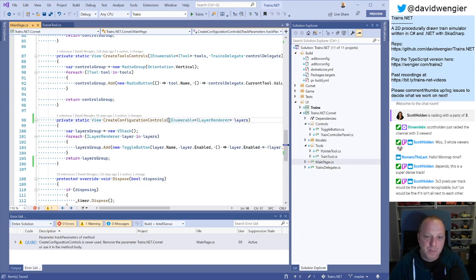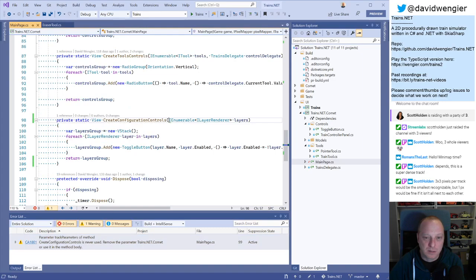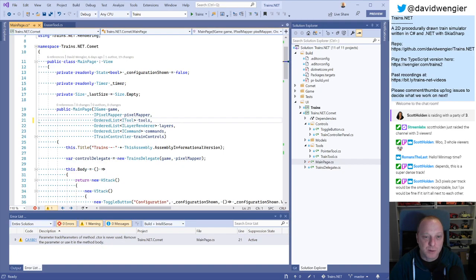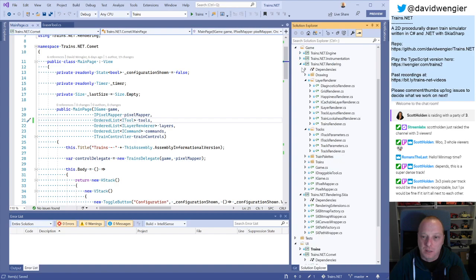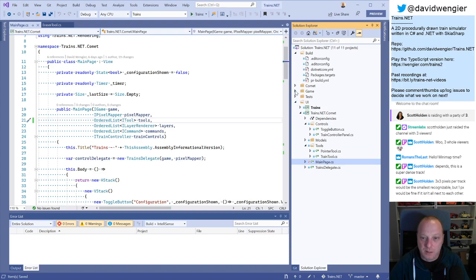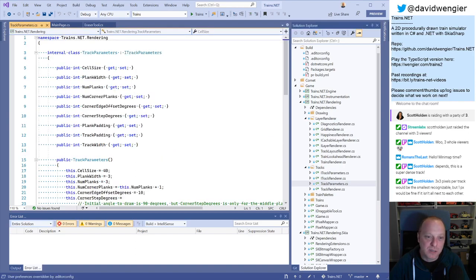Oh, I'm in two minds about the actual track parameters class, because it still might be nice to have all of these numbers somewhere. Essentially what I need to do, it would be in rendering, wouldn't it? Oh, that is under, no, that's under UI. No, it's not, it's under game. I don't even know how I'm organizing things. Track parameters. Essentially, all of these things are still relevant,